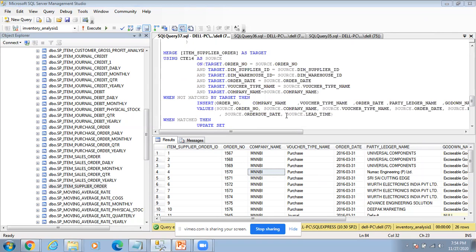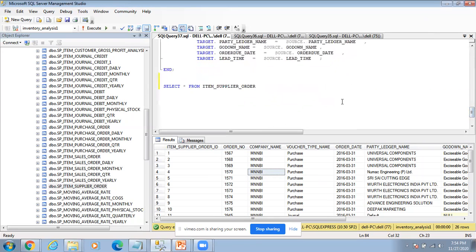Okay, so I'll just go through it again. If my table T2 is the target, right? T1 is the source, correct? Within